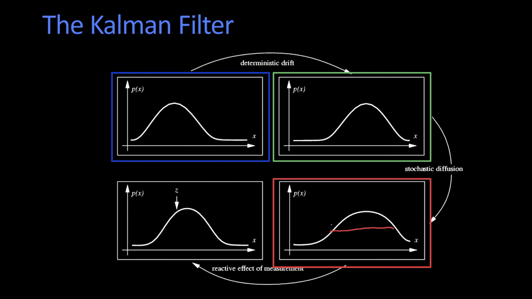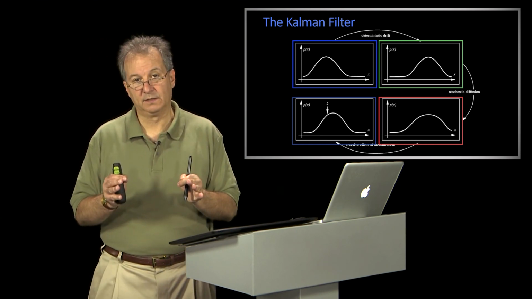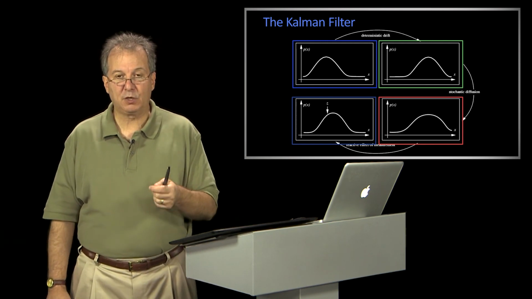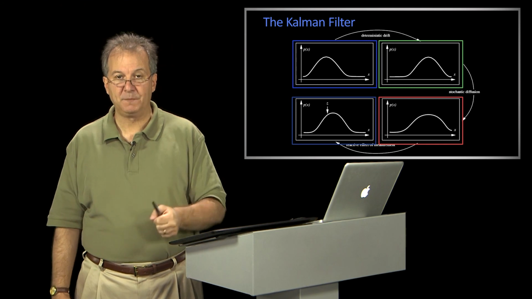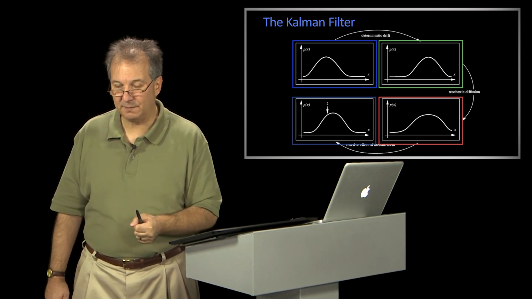Then what happens is I take a measurement, and that's shown here as z. Okay, so I take some measurement, and if you take a look at the density in the blue here, you'll notice that it has shifted back a little bit based upon the z, and it has also gotten narrower. Okay, it's very important to think about this in the Kalman sense, and we're going to do more of this in a minute, right? We shift, expand, measure, shrink. Actually, shift, expand, measure, correct, shrink. That shrinkage happens because whenever you take a measurement, you're getting new information. New information can only reduce your uncertainty. That's going to come back in a minute to be a little strange.